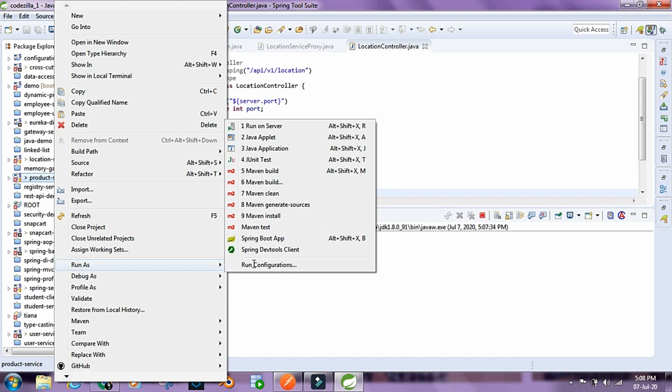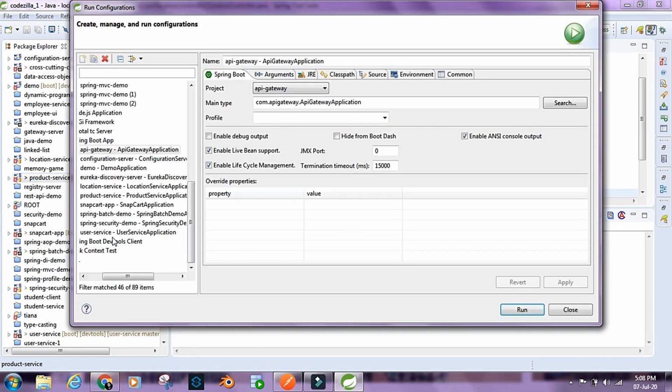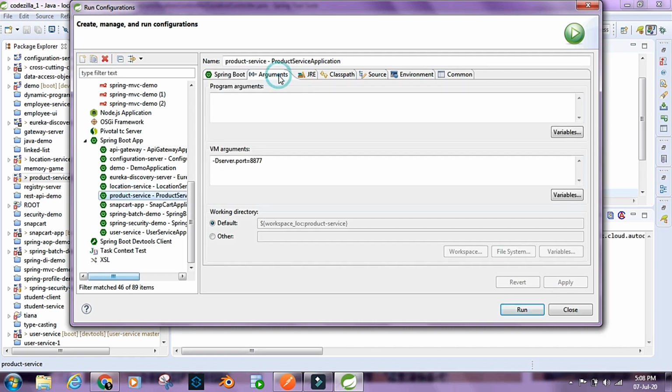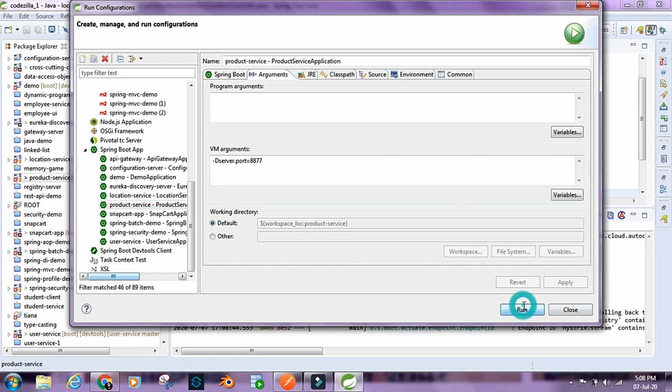Run as, run configurations, select product service, go to arguments. Let's keep the port as 8877. Click on run,